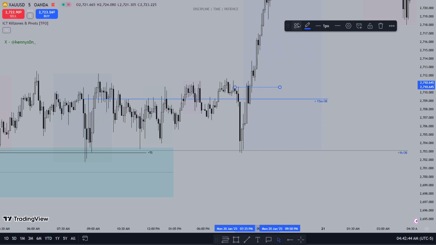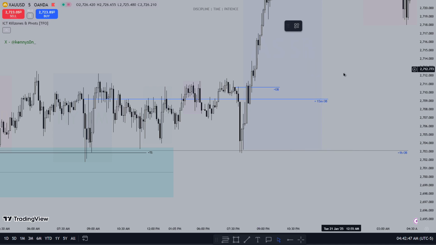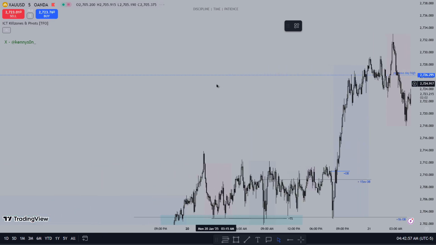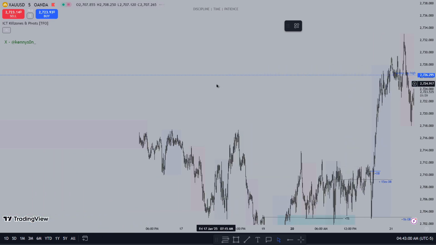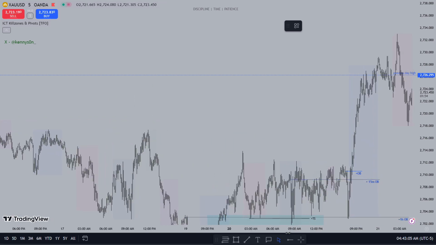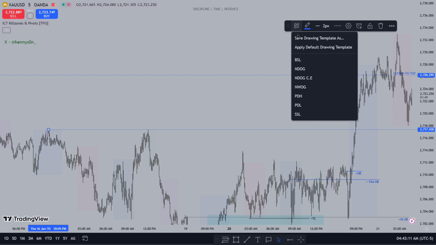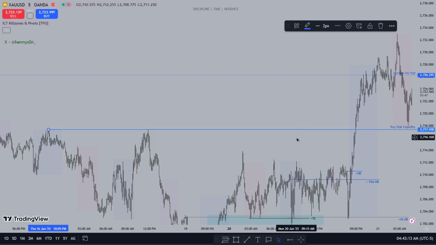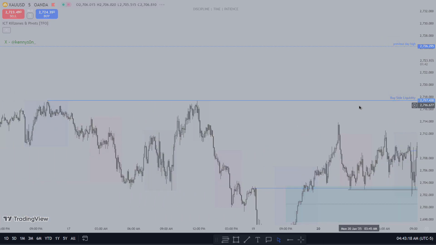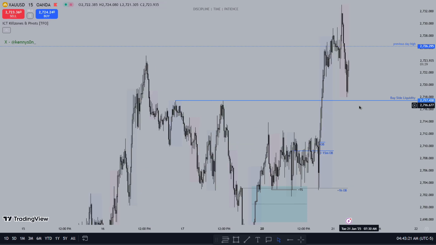And then we changed the state of delivery in the 5-minute, and after that we just blasted. You enter here, and after that you just blasted to the previous day high, which was my draw on liquidity, and that's awesome. And I did mark out these relatively equal highs, buy side liquidity. I really like that. They're also there on the 15 minute.